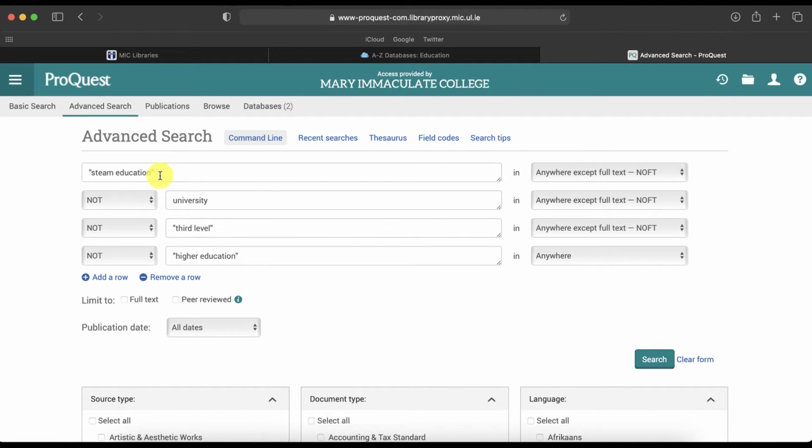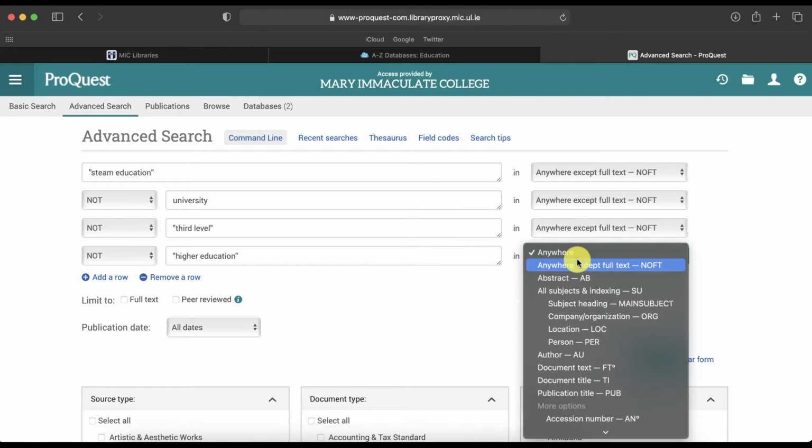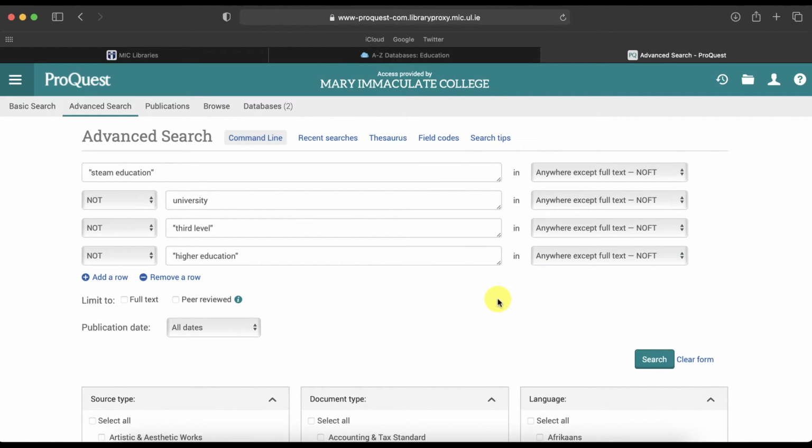So everything then that's left in my results will just have STEAM education, and it will relate to either early childhood, primary or secondary education. So if I go anywhere except full text, and you don't really want to search full text at this stage because full text will actually bring you back a lot of irrelevant results. So we're just searching the metadata essentially of the articles when we say anywhere except full text. So if I rerun that search again,